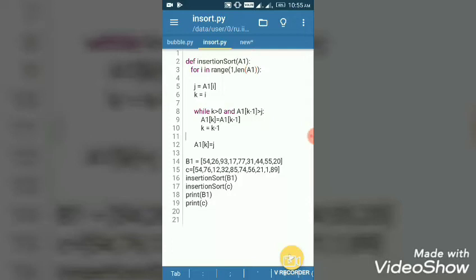Then k equals k minus 1, a decrement in k, and then a1[k] equals j. After defining this function, when we run the program, we get both the sorted and unsorted lists. Let's understand this sorting method through the program given in our book by using the Python shell.